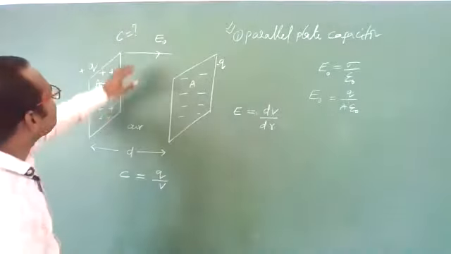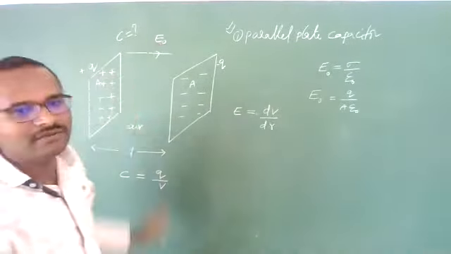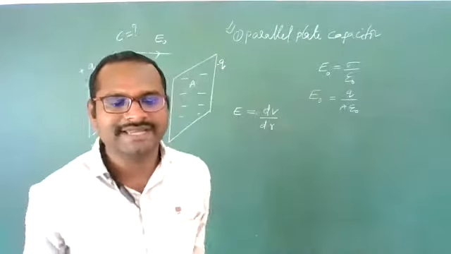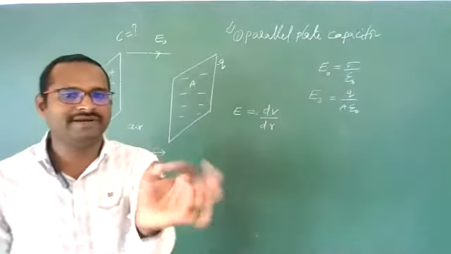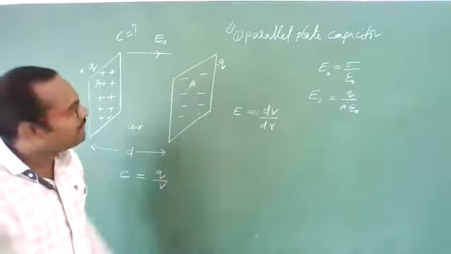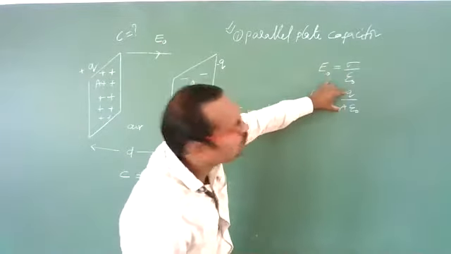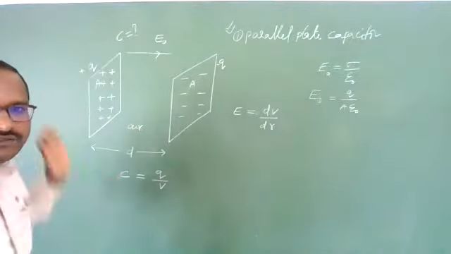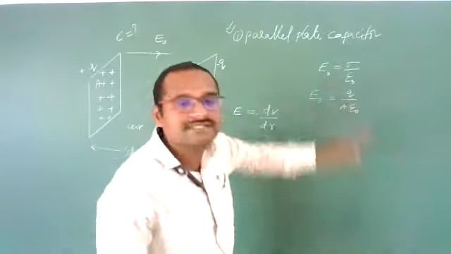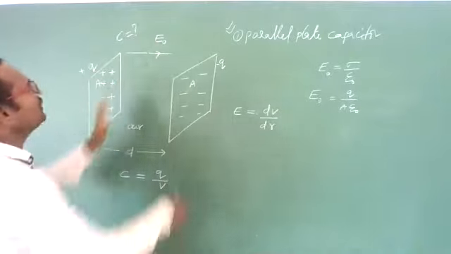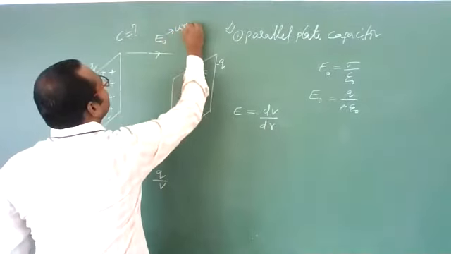Now, students, see this electric field E naught. E naught value is sigma by epsilon naught. Epsilon naught is a constant, 8.854 into 10 to the power of minus 12 coulomb square per Newton meter square. It is a fixed value. And what is sigma? Sigma is nothing but Q by A, charge by area of the plate. Yes, it is also constant. Means the electric field is uniform everywhere between these two plates. So this electric field is uniform.